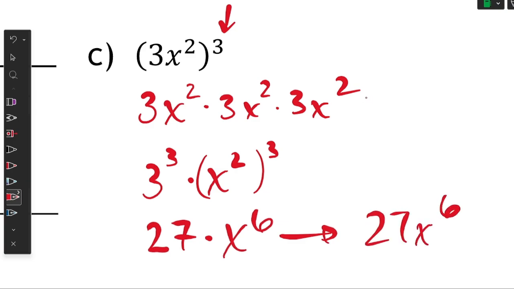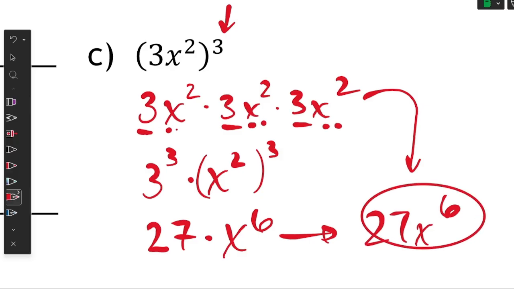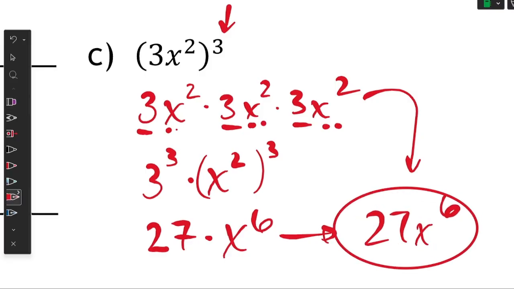And you can see that's exactly what I would get if I was to just start with the expansion, right? 3 times 3 is 9, times another 3 is 27. And I can just count 1, 2, 3, 4, 5, 6 factors of x. So this is exactly what we have, although I did a terrible job of circling that. That's better. Right, and then the last question in this group,